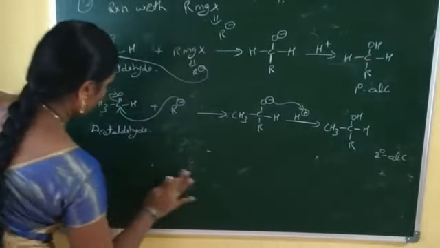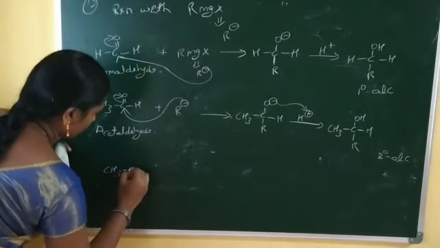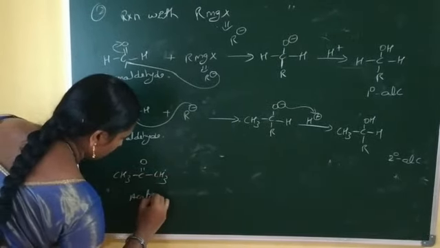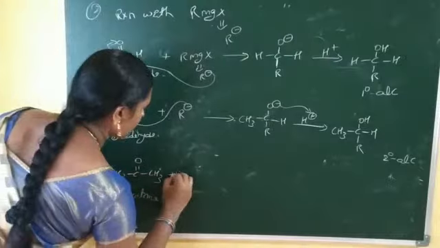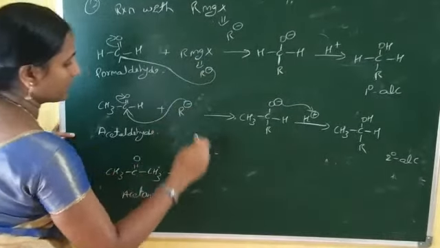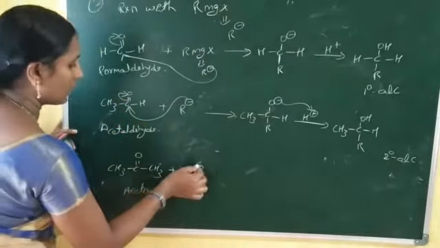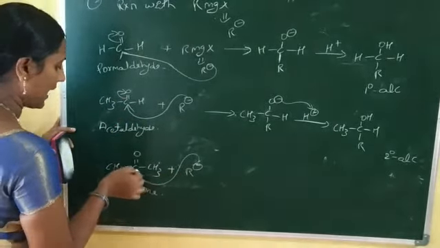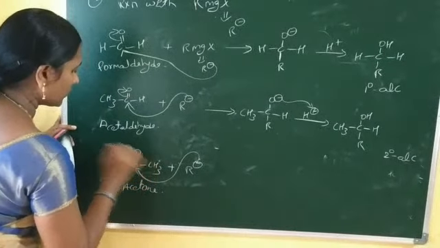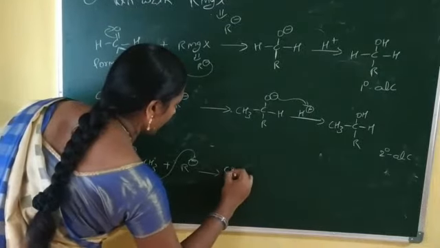And to prepare tertiary alcohol, treat it with acetone. The reactant is acetone. Now again acetone is treated with Grignard reagent RMgX. Now RMgX gives carbanion like R minus. Now the carbanion is acting as nucleophile. This nucleophile is directly adding to the partially positive charge carbon atom. Immediately the double bond shifts to the oxygen side. Again you observe an oxyanion.